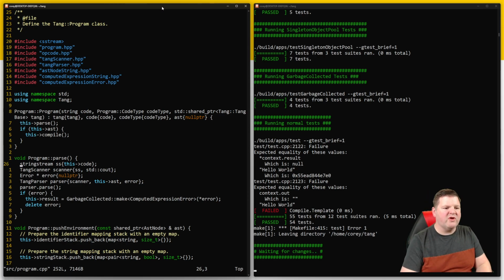So first of all, we create a string stream based on the code. We create a scanner feeding in the string stream and the cout. And then we create the parser, which is Bison, using the scanner, the AST, and the error, and then we ask Bison, the parser, to parse, and go from there. Okay, so the problem is we need to